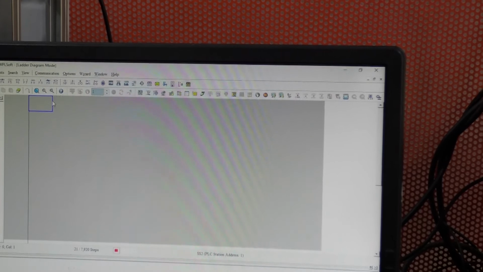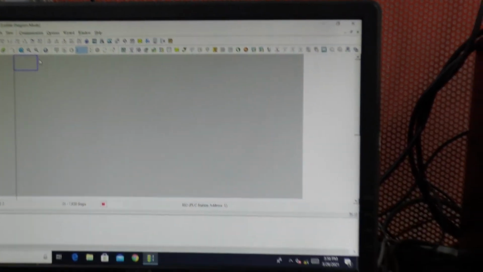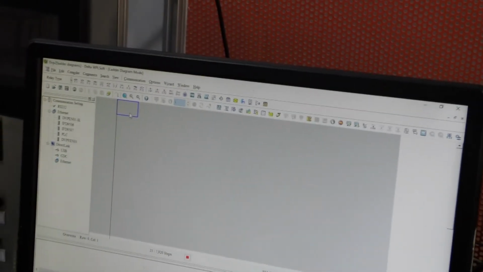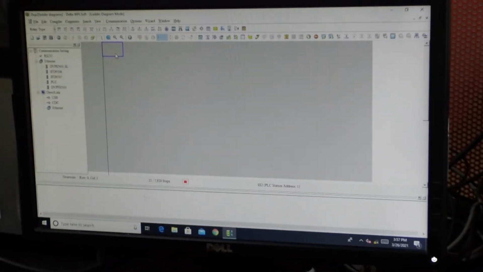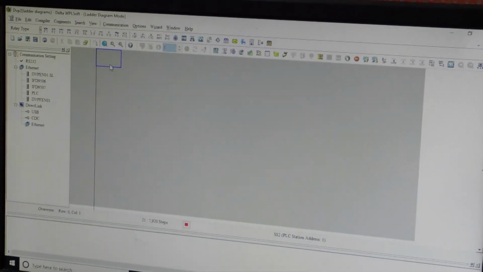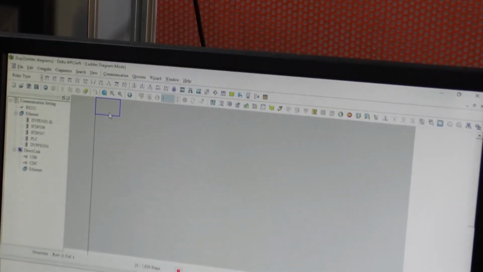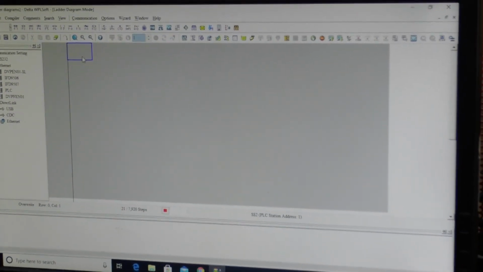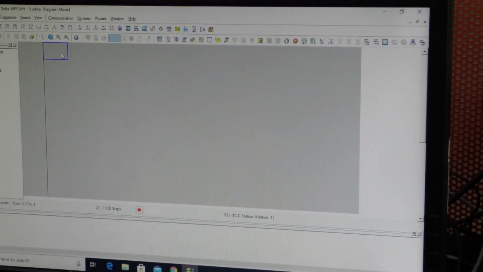Next, coming to the fourth example. So here the control purpose. See, in the industries they'll be using lubrication pump motors for providing lubrication for the motor. Okay. So there are two motors which have to be controlled. So whenever there is no lubrication motor, the main motor should be off. Okay, that is the control purpose. If there is lubrication pump, then only the motor should be on. If not, if there is no lubrication, then the output motor must be off.